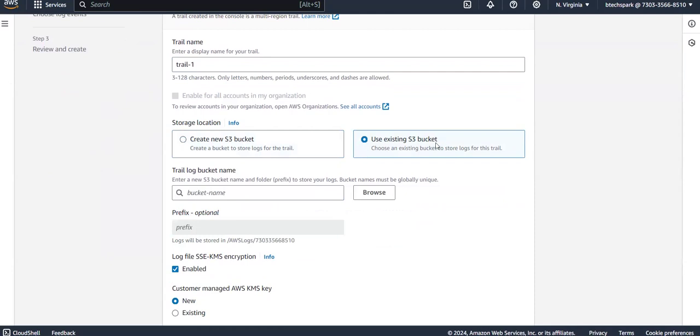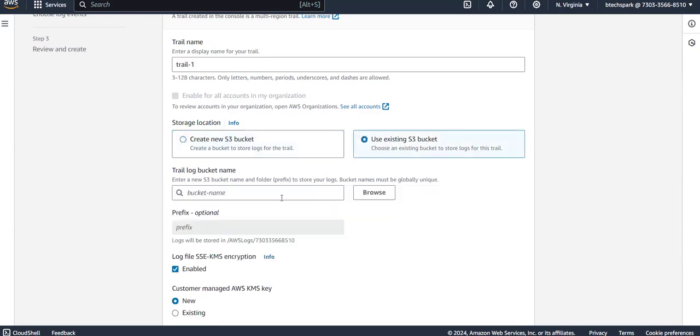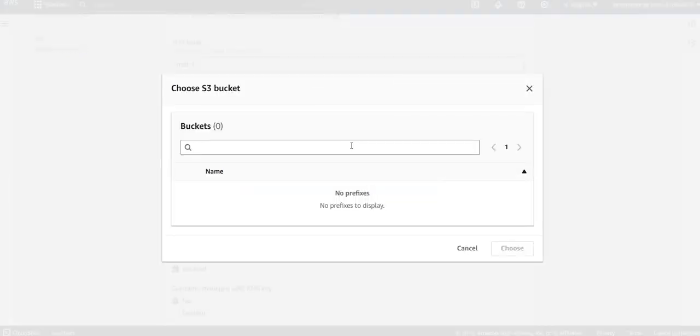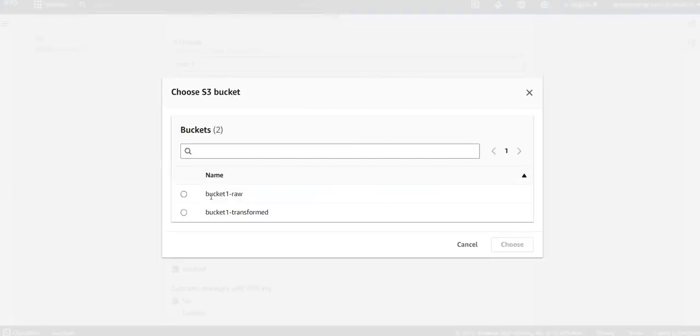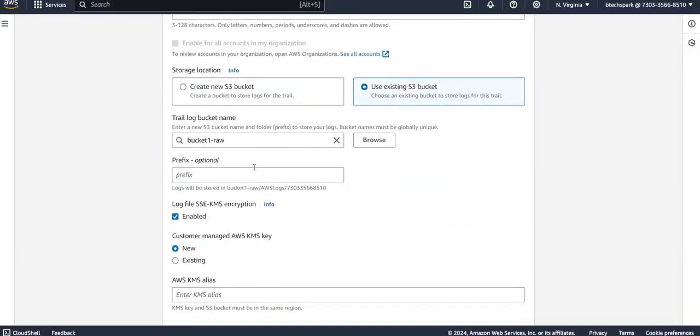If you want to store your data under an existing S3 bucket or a new bucket, you need to specify that here. Currently I'm specifying the existing bucket. You can browse and specify whatever existing bucket you want to provide. I want to provide this one, so I choose this. If you have any preference,